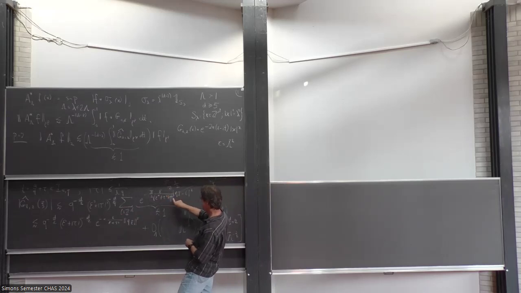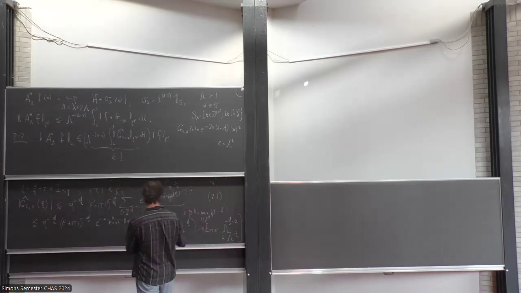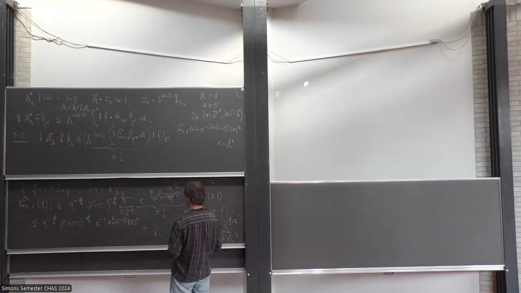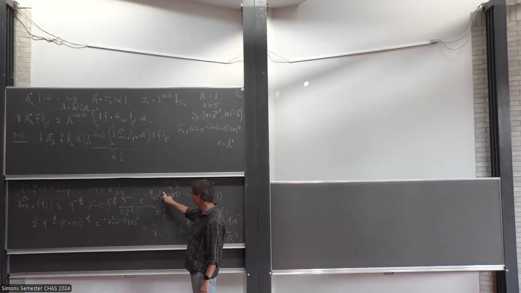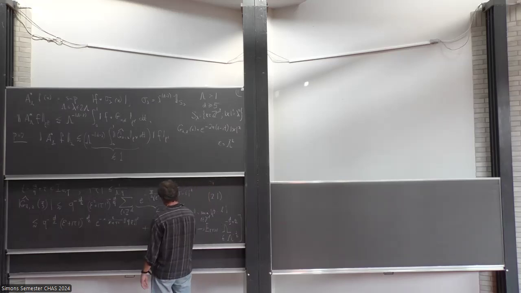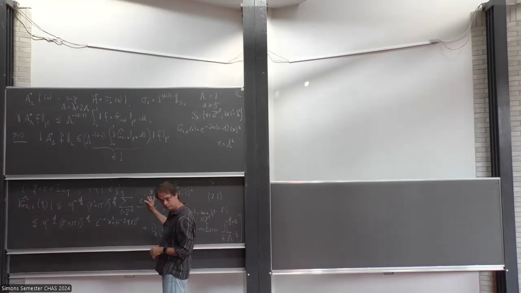So if you take the minus d over 4 power of that, then you get a q to the d half, it cancels this q to the d half. So we don't even have this q to the d half. So this whole term cancelled, all you have is just epsilon to the minus d over 4, which is lambda to the d half. So you have a uniform error term, lambda to the d half. So that is a trick to get rid of the whole tail of the sum.